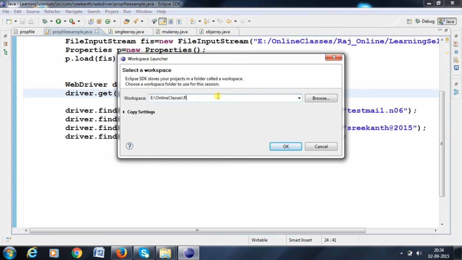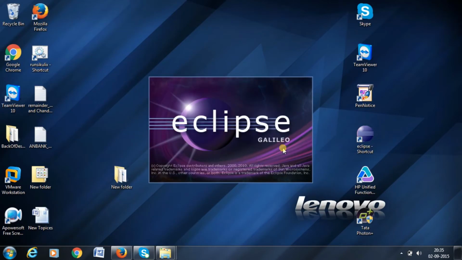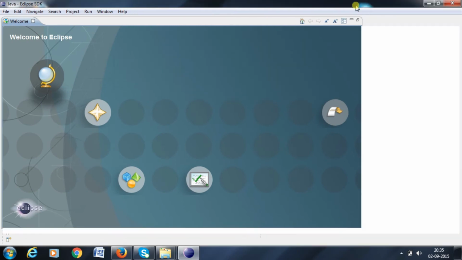This we're calling as a sample. Okay, sessions. Whenever you can give it like this and click on the OK button. If you click the OK button, now Eclipse will start opening, and in the backend it will be creating one folder with that name. Whatever folder name we are giving, it's creating with that name only.